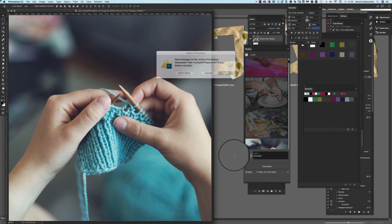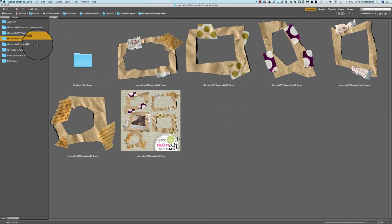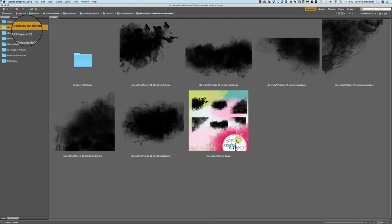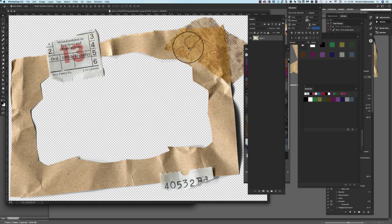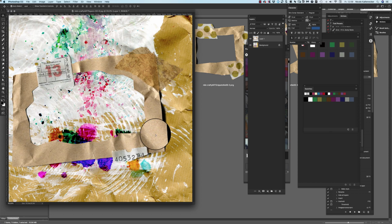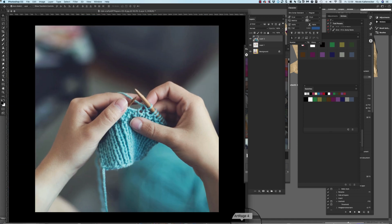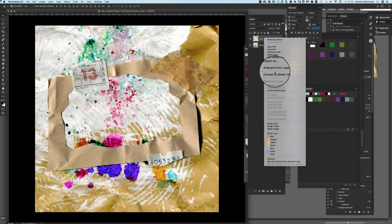Okay, so we have this photo here. And what I did, I closed the snippets, and the one we had is that one. So close it, make it a little bit smaller. Then we have the photo over here, and going back. What I suggest is to use the layer, and if you have Photoshop CC,